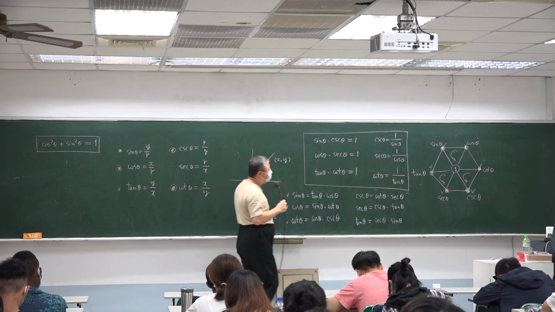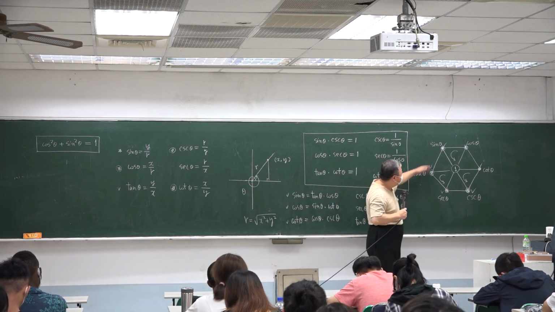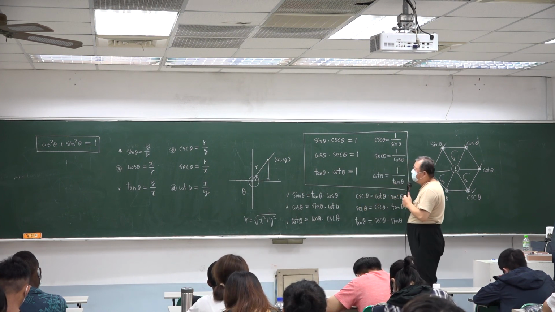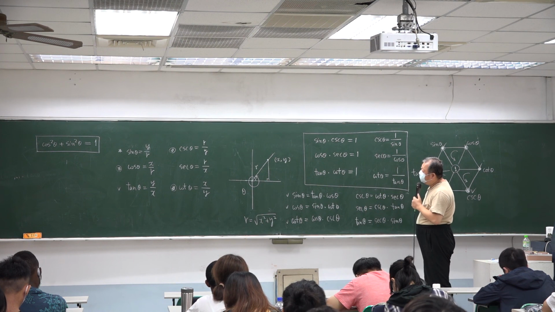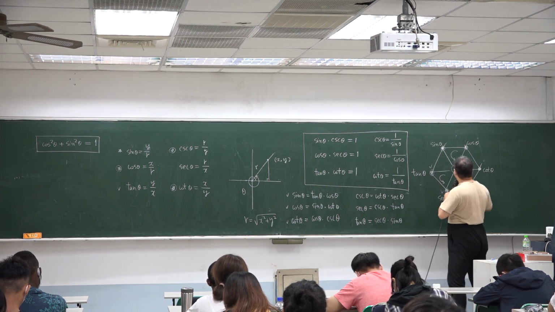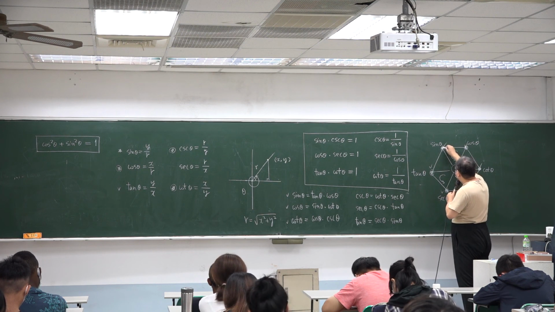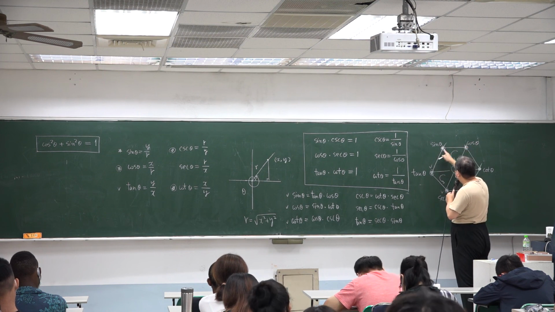Now, we divide this by what? By cosine squared. And cosine divided by cosine is 1. Sine divided by cosine is tangent, because tangent equals this one over this one. So sine